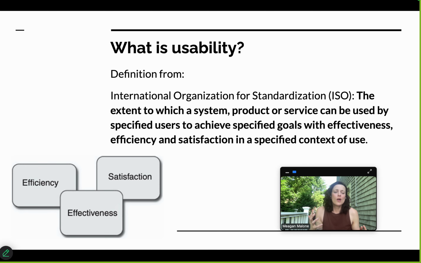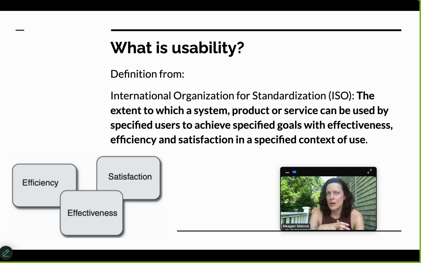And this sounds so vague and annoying, but usability means the extent to which a system, product, or service can be used by specified users to achieve specified goals with effectiveness, efficiency, and satisfaction in a specified context of use. So you see that this feels kind of redundant and like it's saying nothing, but it's trying to be broadly applicable. So if we were going to apply it to